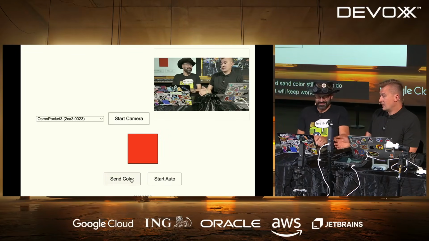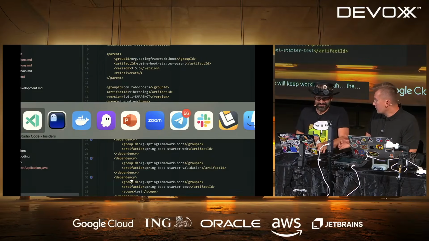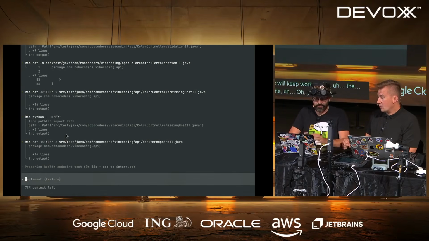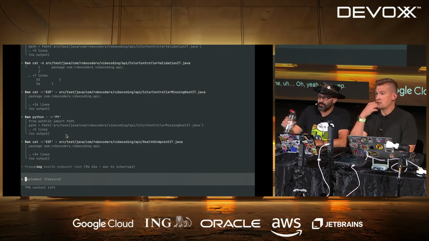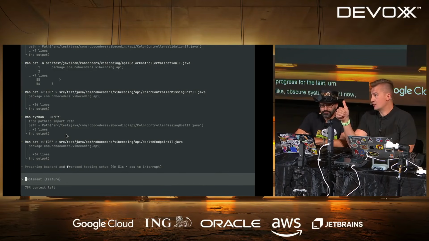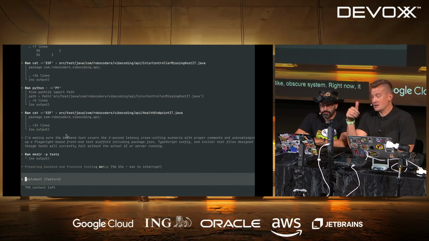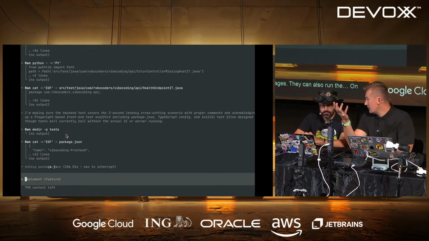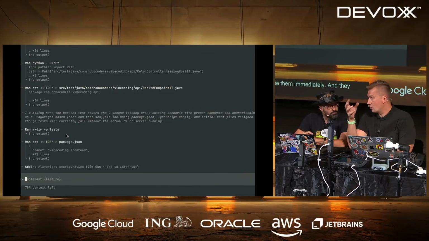I think it's the first coding model from XAI. Honestly, comparing some of the desktop tools, I think Grok is making tremendous progress over the last months. Previously, it was some sort of obscure system. Right now, it has the best image generation. It's the fastest. It can generate incredibly detailed images, you can also animate them immediately, and they have a pretty good research engine.